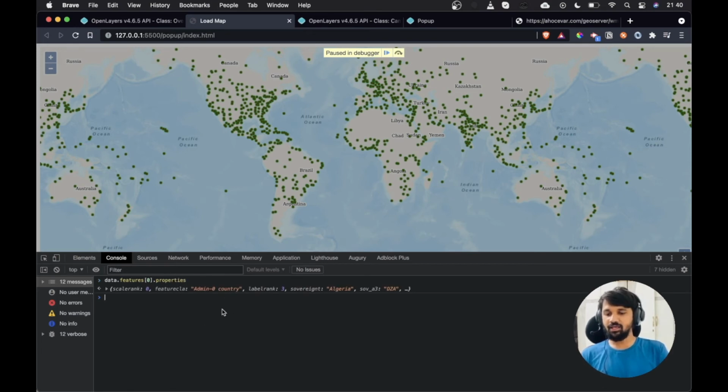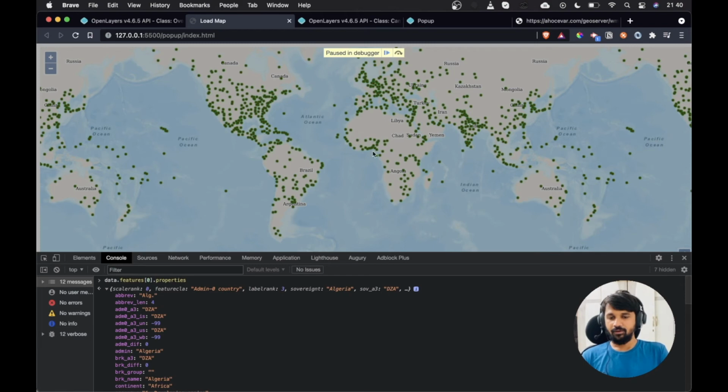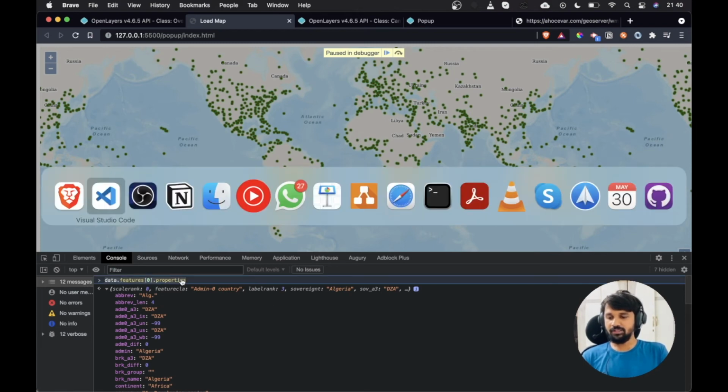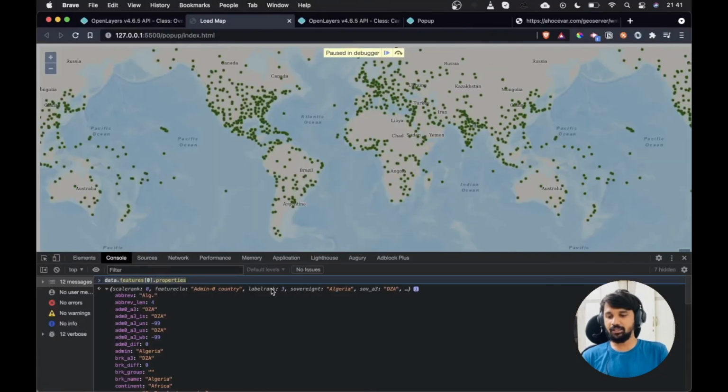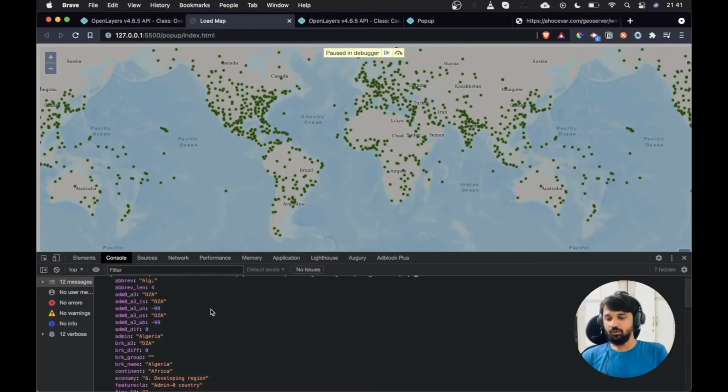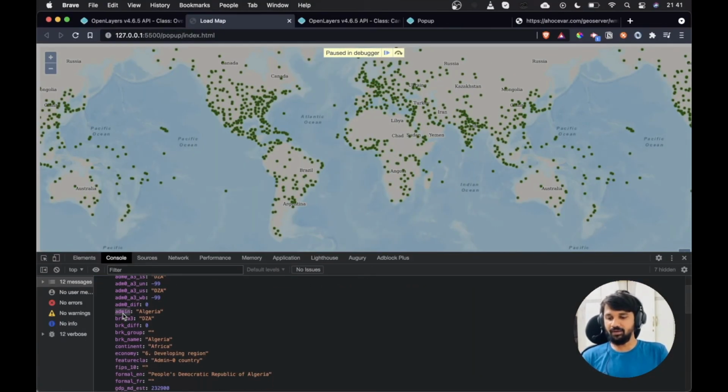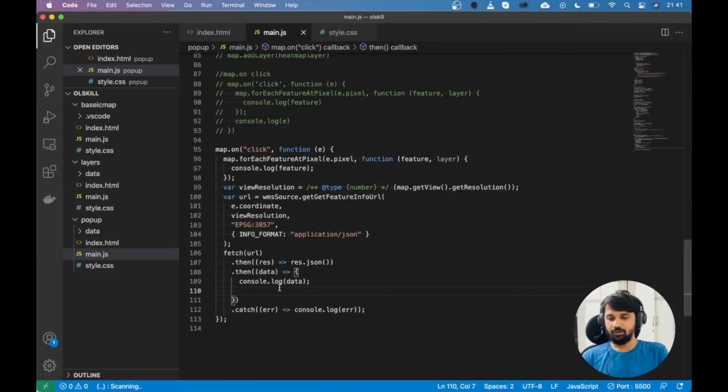This is basically giving me back all the properties attached with this feature. So I will simply copy this path in order to get all the properties. Let's say that in the pop-up, we want to add this admin property, which I guess represents the name. So I will say var name is equal to this dot admin.